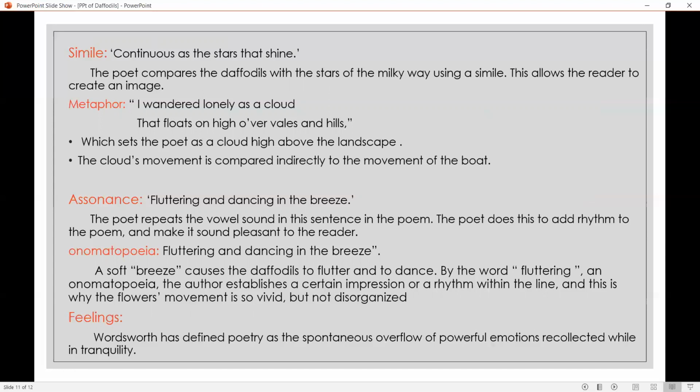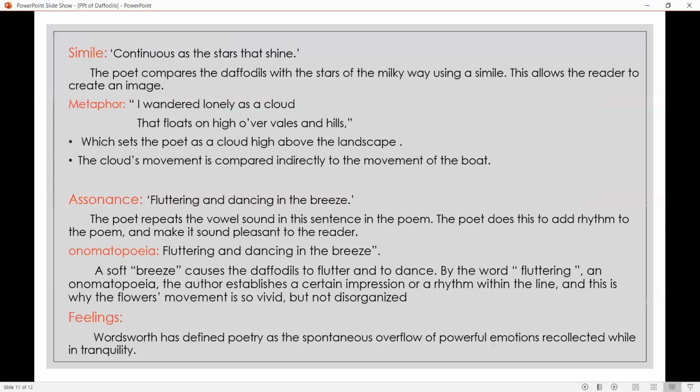Metaphor. I wandered lonely as a cloud that floats on high over vales and hills, which sets the poet as a cloud high above the landscape. Now here the cloud's movement is compared indirectly to the movement of the